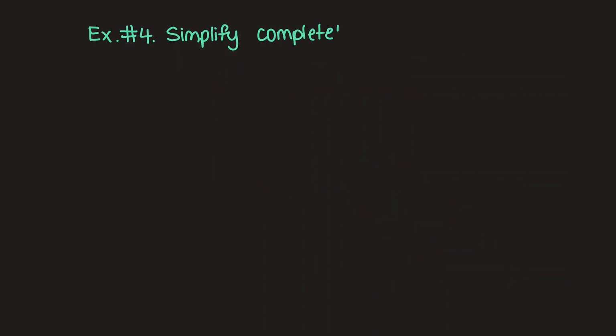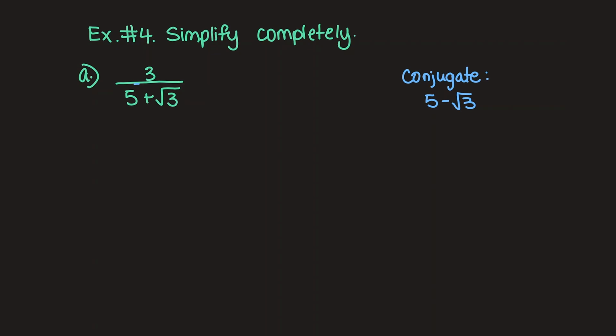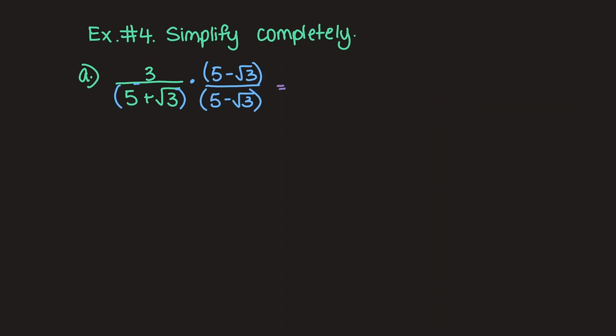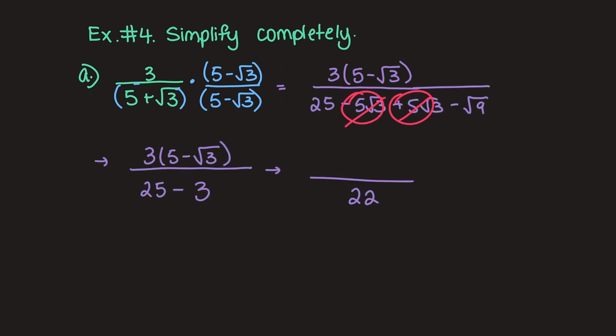Let's go over some more examples. For this, since we have a radical in the denominator, we will have to rationalize it. And since there's two terms, to eliminate the radical, we will have to multiply by the conjugate, which is 5 minus square root 3. And doing so will help us remove the radical from the denominator. So we multiply this out and simplify. We have now eliminated the radical from the denominator, and our expression simplifies to 15 minus 3 square root 3